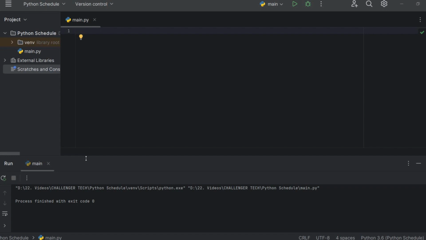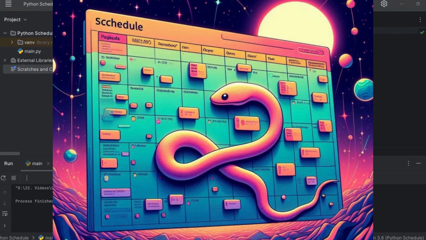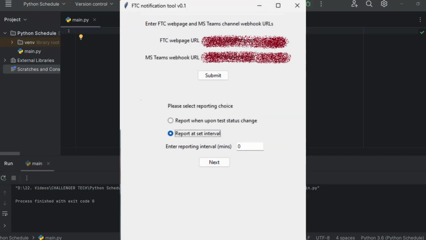Okay, so today I'll talk about the Python schedule library. I came across this library when I was working on my latest project. I'll try to add a screenshot here. As you can see, this project